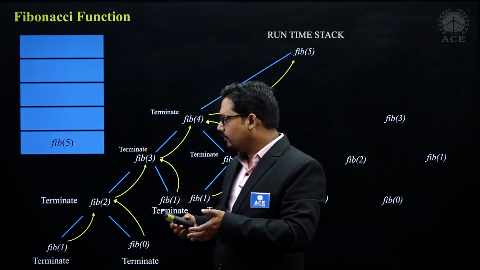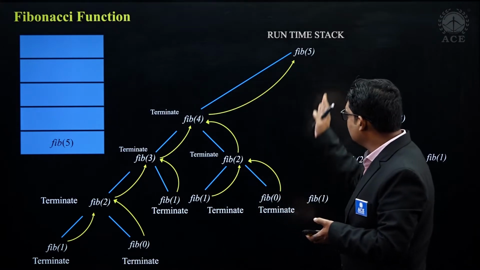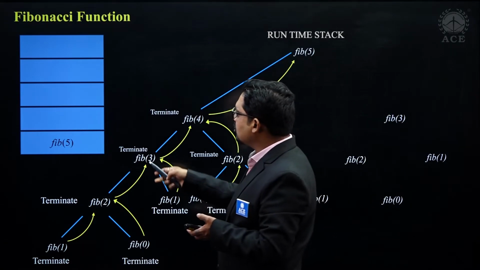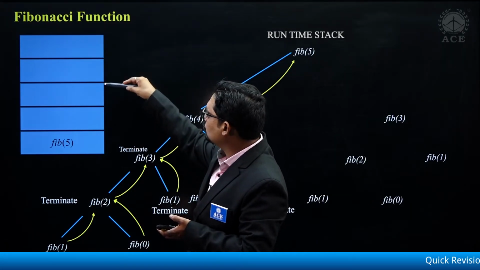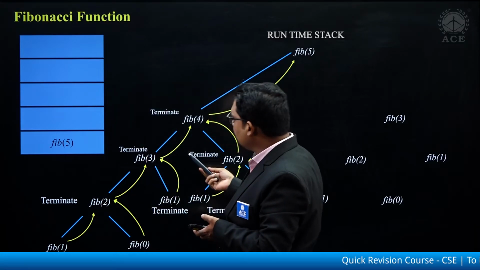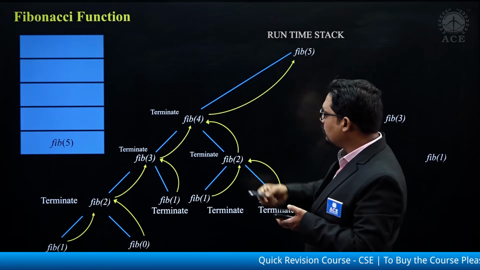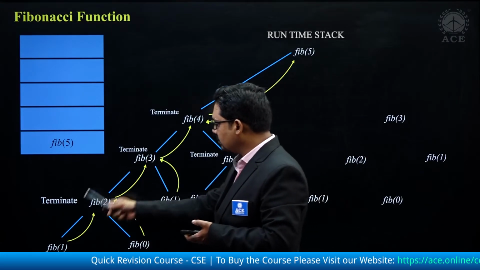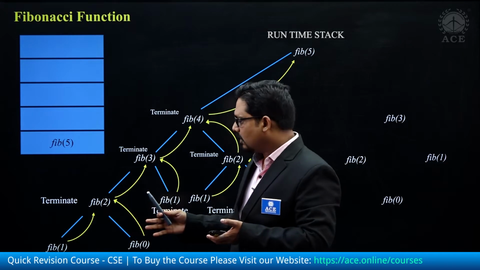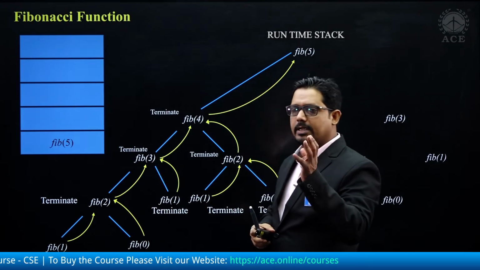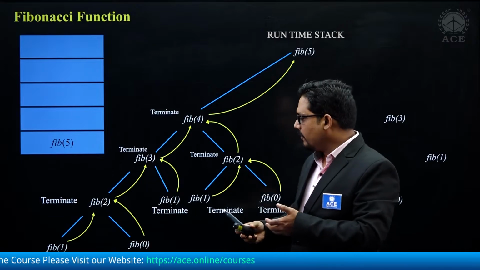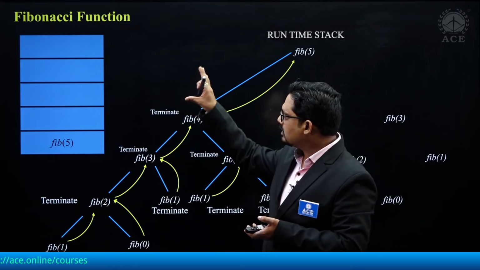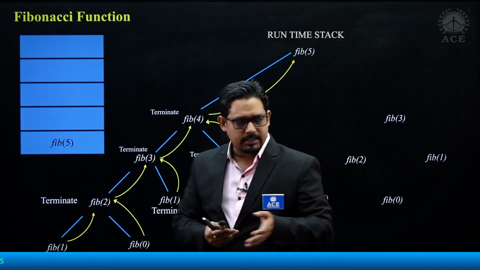Now here I have already completed half of the part, which is basically having more length, and I have only utilized the space in the stack as 1, 2, 3, 4, 5. The rest of the time, you may say that here we have utilized only 5 spaces, but how many activations are there? So 1, 2, 3, 4, 5, 6, 7, 8. There are many activations for the fib function, but we have utilized only 8 because the rest of the time, when one terminates and then we go for the call, the same space is again utilized. Let's complete this part.